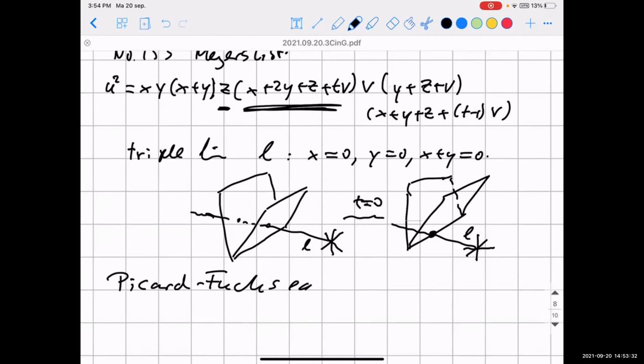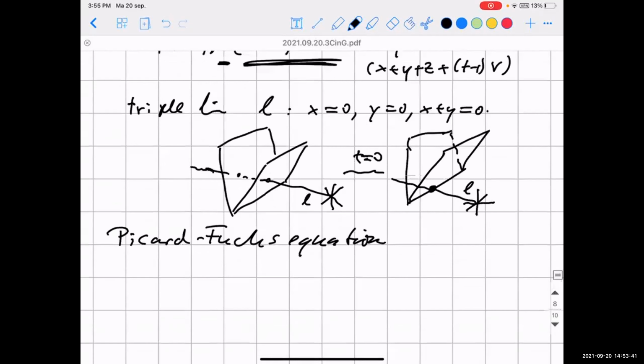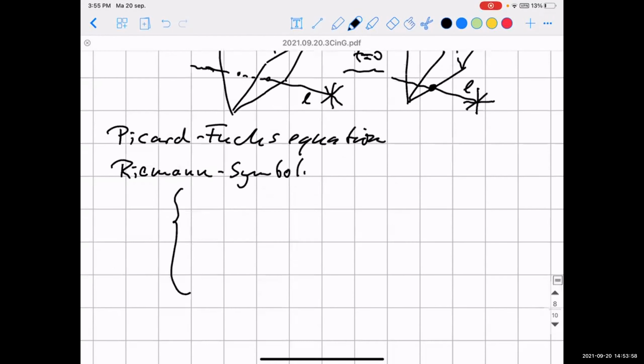Although this whole setup is given by simple linear equations, the Picard-Fuchs equation is rather complicated. But let me give you the Riemann symbol. So it appears that there are 4 special